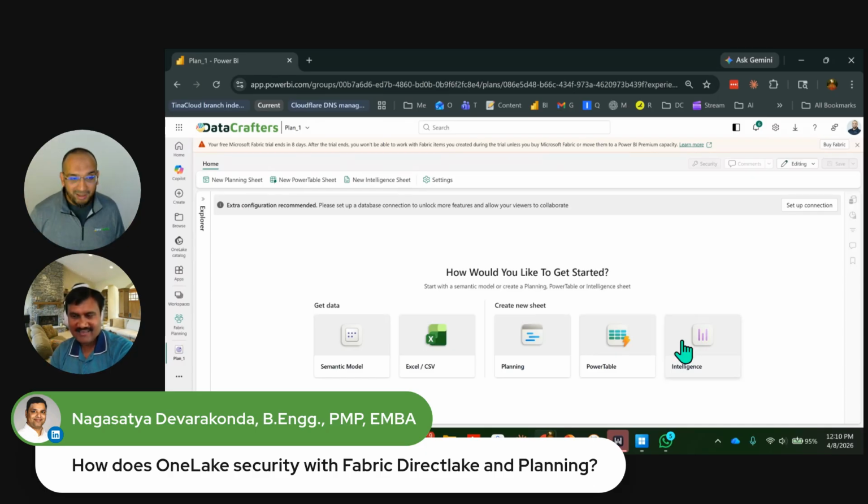I don't think it applies because I'm going to get burned for this, but one-leg security when GA doesn't even support warehouse. I hope this comes soon, but the way you want to look at the security perspective, Nagasatya, is that the user should not have access to Fabric SQL, because that's the data layer application. The same reason we don't give access to the ERP or CRM database to business users. They are accessing the application.